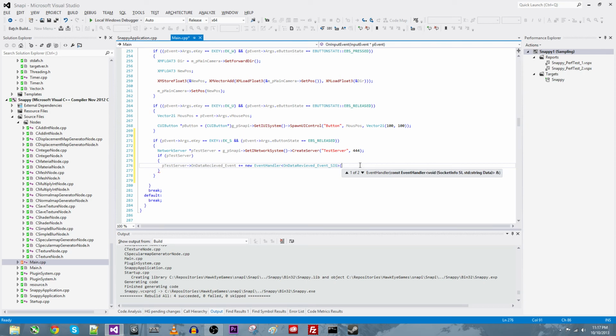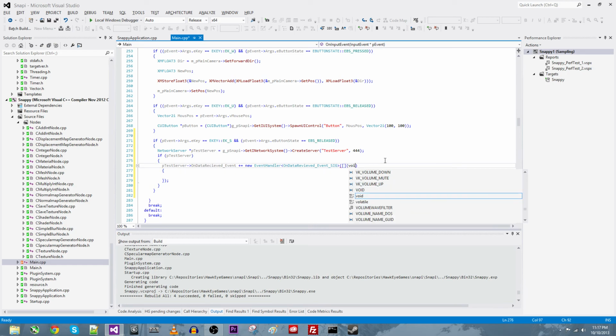which is the function, and then give it an event name. So here's the function. Well, we're going to create a lambda. Lambdas are created like this, and then the parameters, and then the body. So again, we're going to have to type in the void, and whoops, sorry, we're going to type the parameters, socket info,